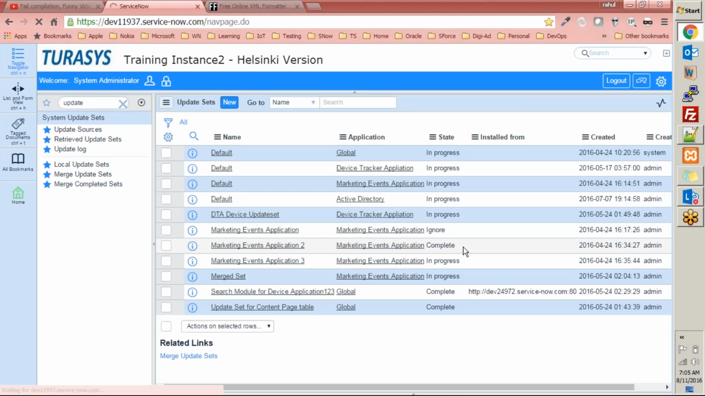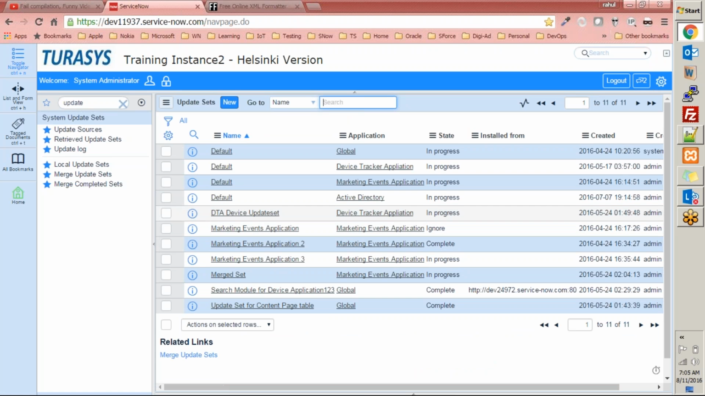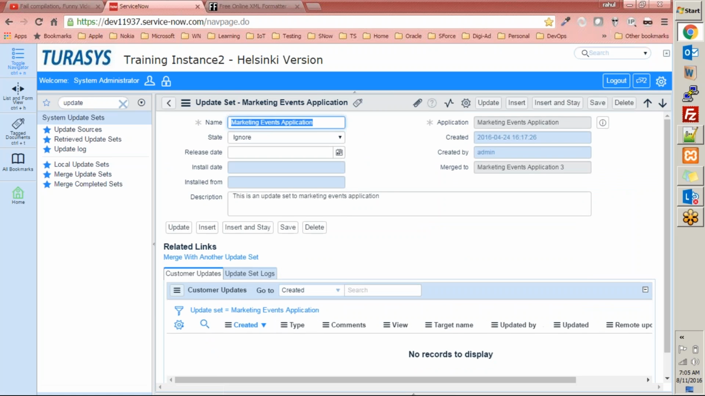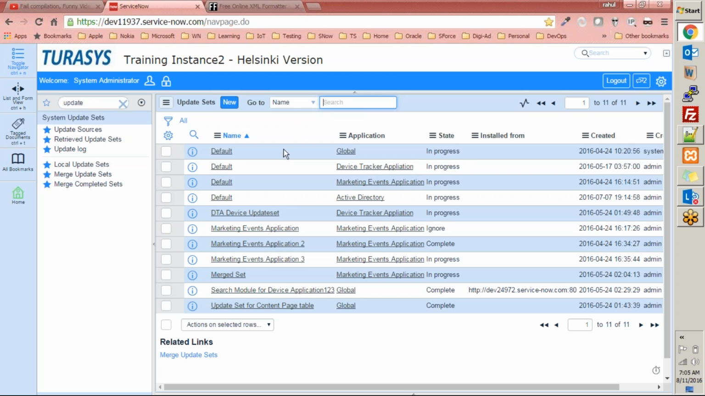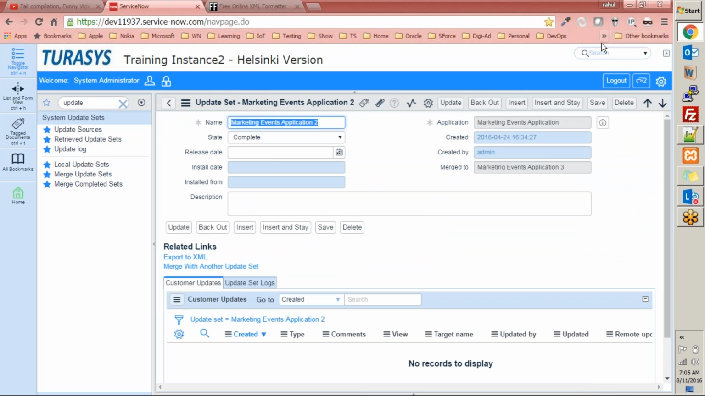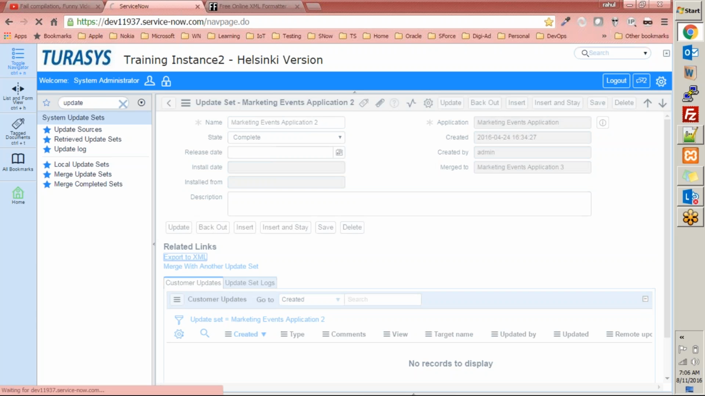If I go to the ignore update set, the update set with the state equals ignore, let's see what we see there. We don't see the export to XML, right? So this signifies that you can only export those update sets which are completed, right? I hope that makes sense. So you are only able to export those update sets which have been marked completed by you, right? So after marking completed, you can export those